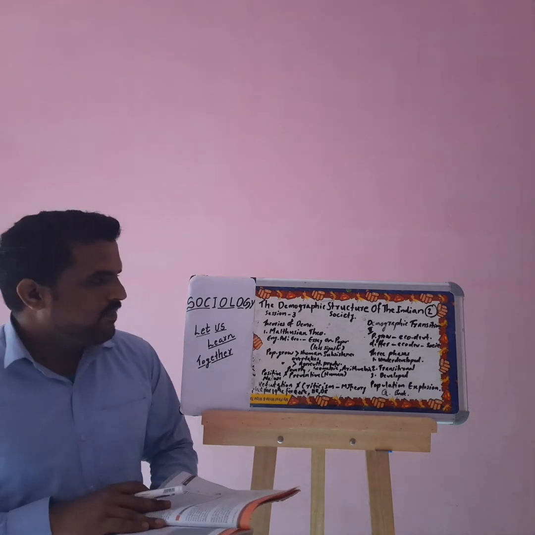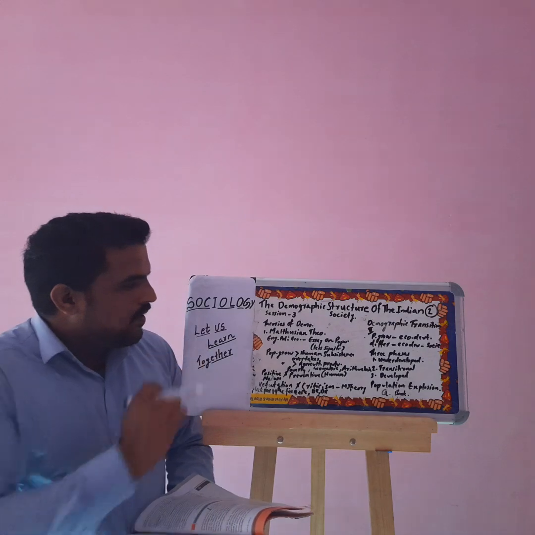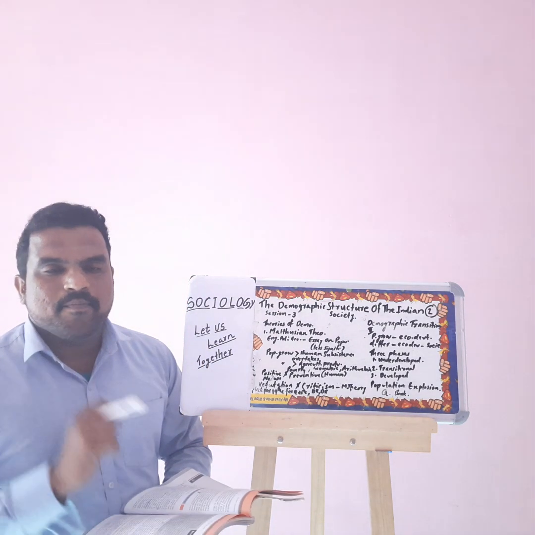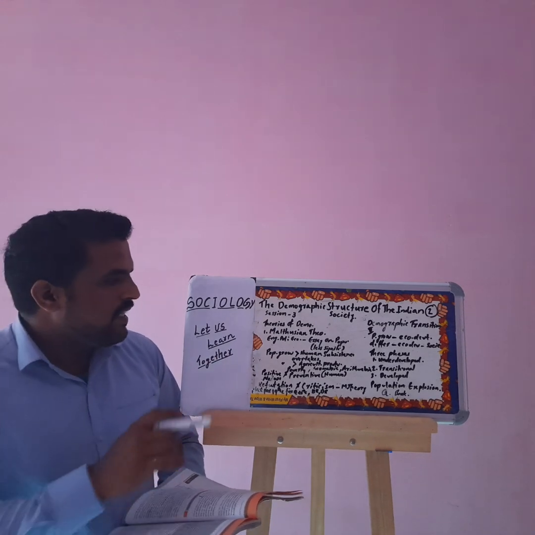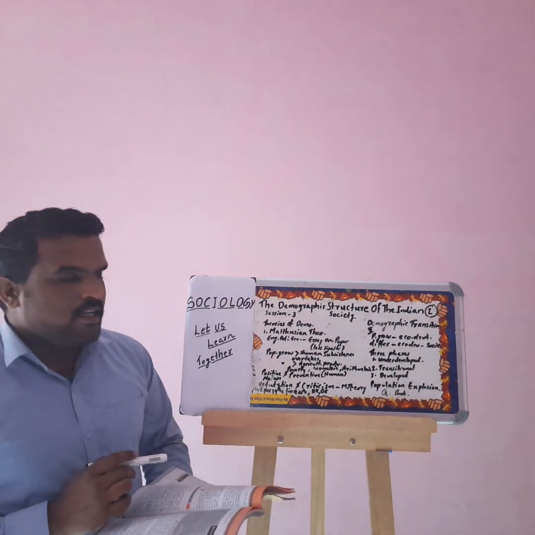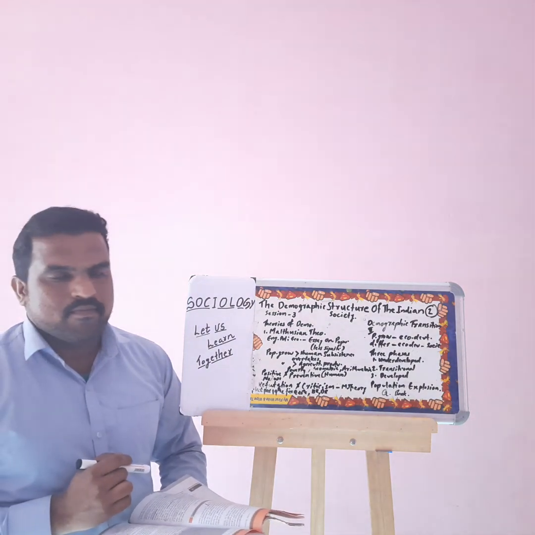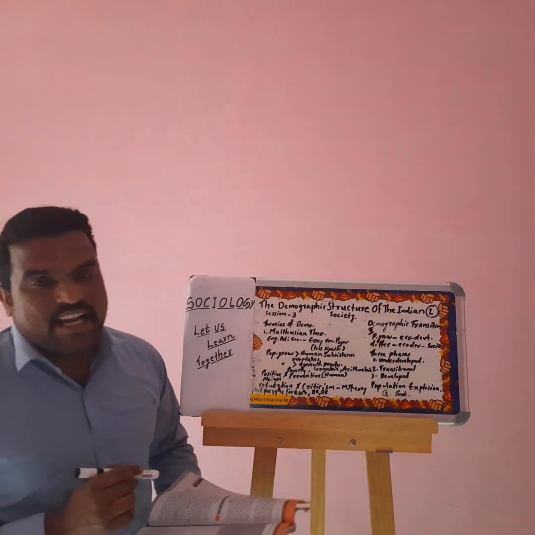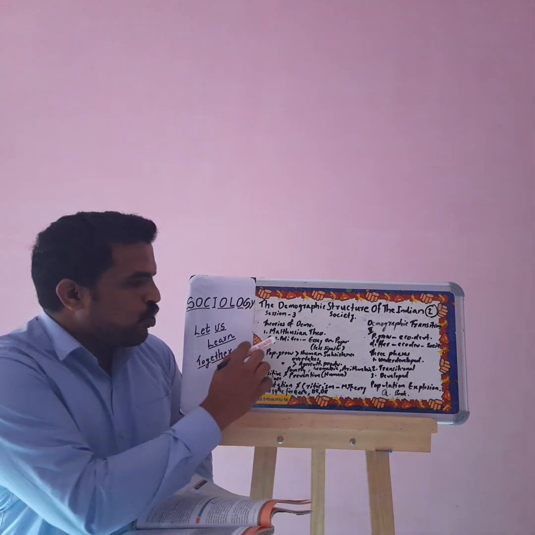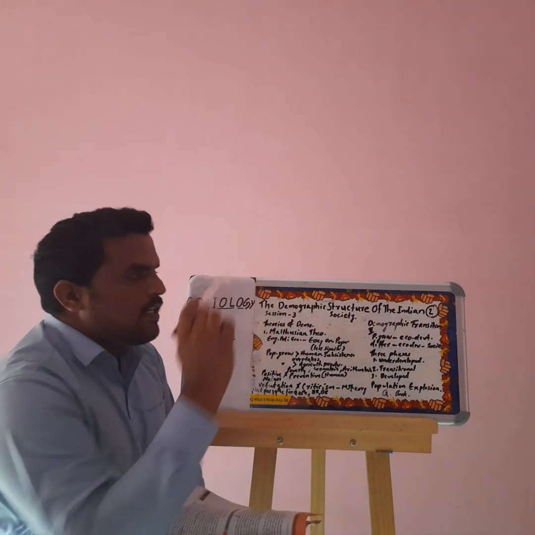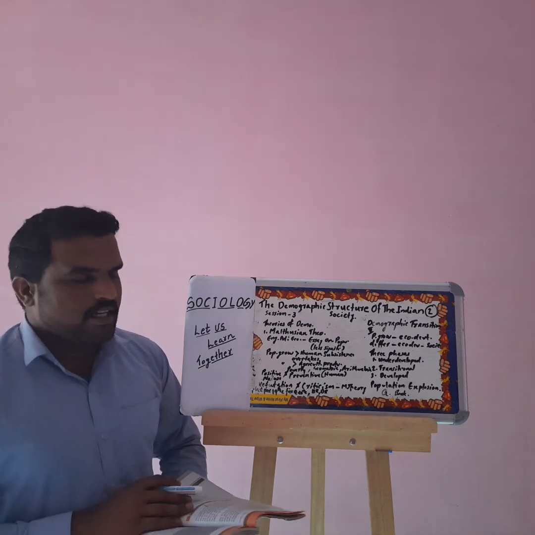In this session 3, I wanted to teach you theories of demography. There are mainly two theories of demography. They are the theory put forward by Robert Malthus, and the second theory, the demographic transition. First one, the theory put forward by Robert Malthus, and the second one, the demographic transition. Let us learn together the first theory.